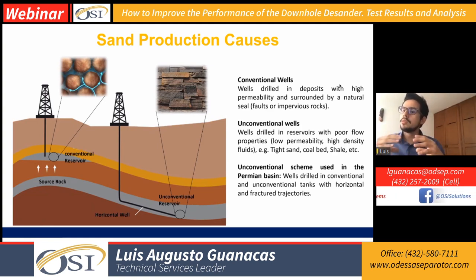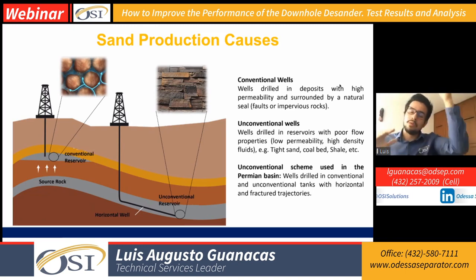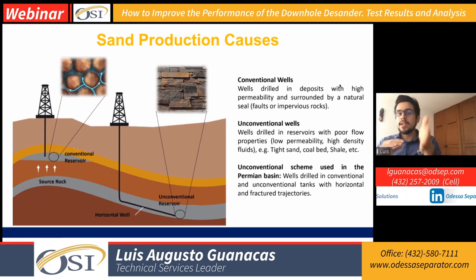Unconventional wells are wells drilled in unconventional or conventional reservoirs, but those wells are completed in horizontal trajectories and completed with fracking. So we drill the well, vertical section, horizontal section, then we frack the well and